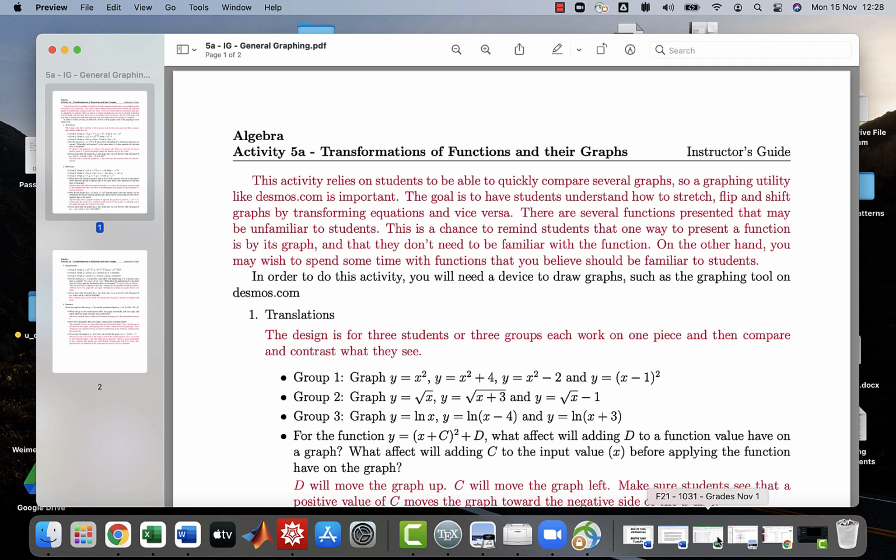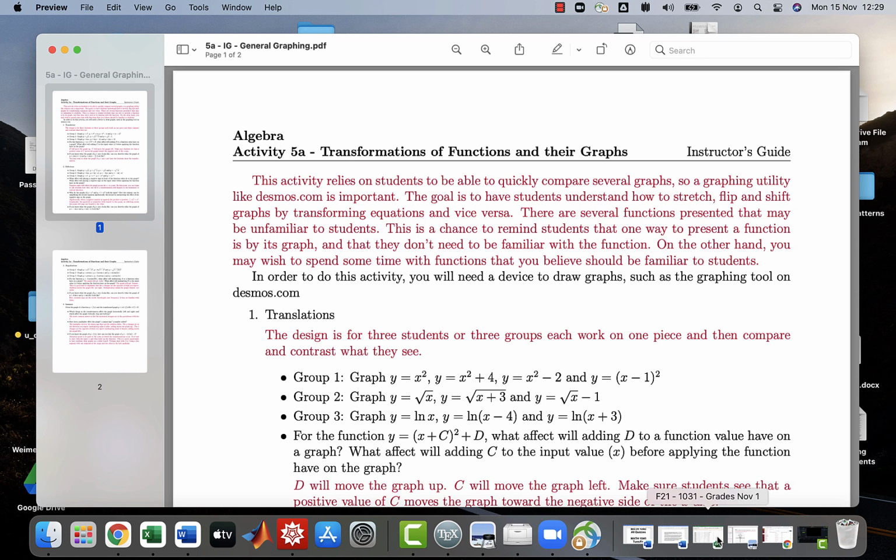Activity 5A deals with graph transformations. The main idea here is we're trying to teach students how to shift graphs, how to stretch graphs, and how to flip them. The thought is that groups will graph a set of equations on Desmos and tell us